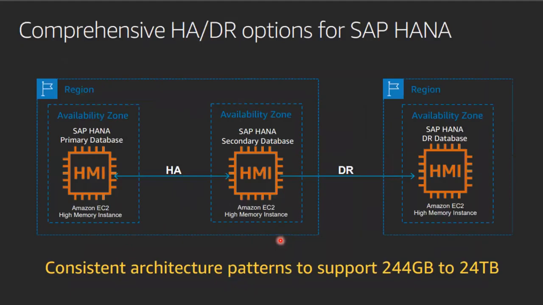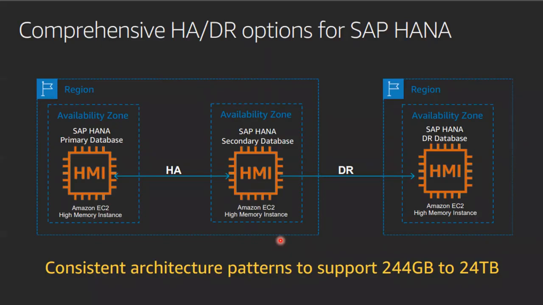With AWS, you have multiple options to deploy your SAP workload in HA, and multiple options for disaster recovery as well. So let's talk about high availability. How does it work? Basically, you'll have the application tier running in one availability zone, and you can spread that application tier across multiple AZs, so that it makes use of two AWS facilities.